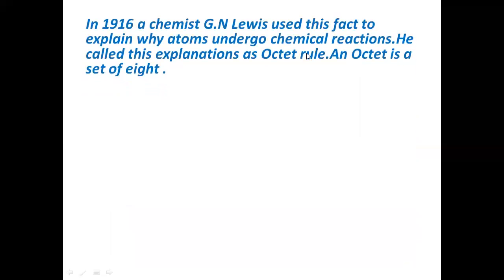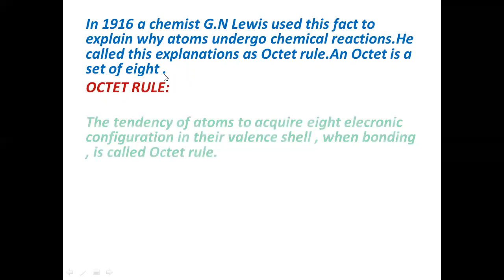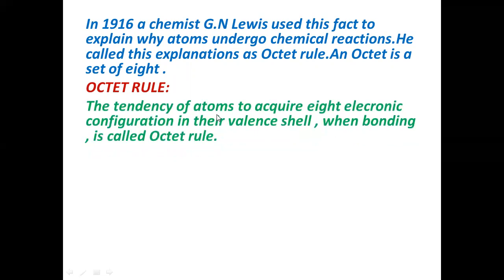In 1916, a chemist G. N. Lewis used this fact to explain why atoms undergo chemical reactions, or why atoms react. He called this explanation the octet rule. An octet is a set of 8. What is the octet rule? The tendency of atoms to acquire 8 electronic configuration in their valence shell when bonding is